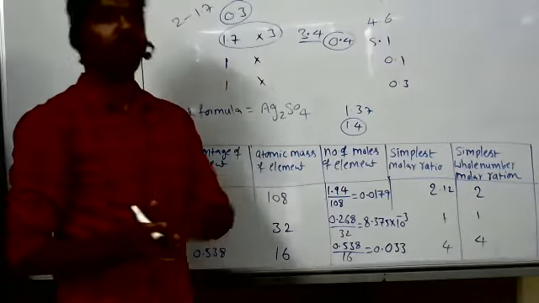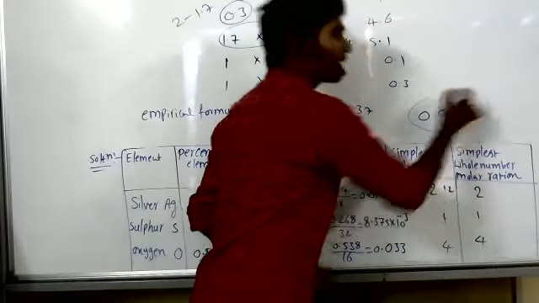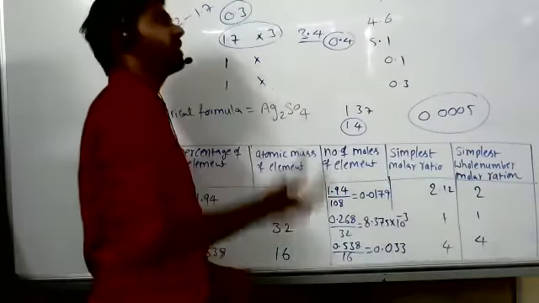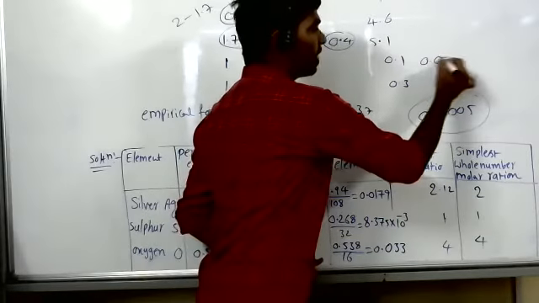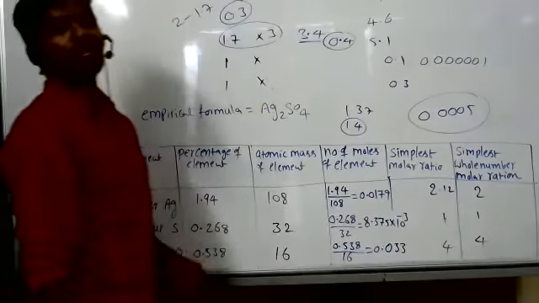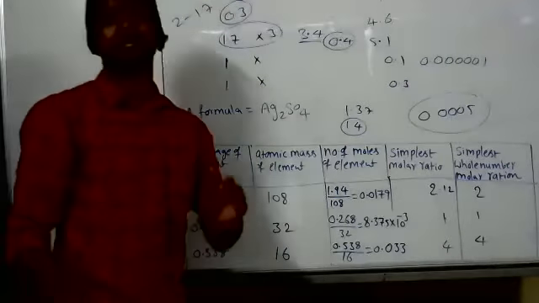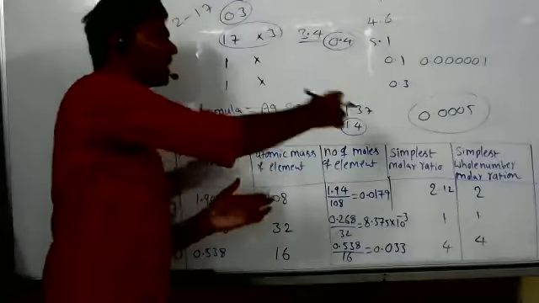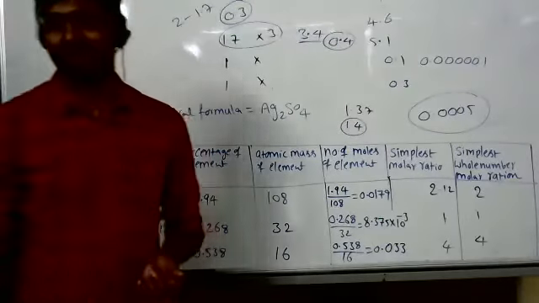But if you go for electrochemistry, 0 point after 3 zeros, 5 also we are considering. And when we studied these values in chemical equilibrium, even 0 after 5 zeros, 1 also we are considering. There we should not neglect. That's what I'm telling, it depends upon circumstances. Where we are applying these rounded values, based on the condition we have to consider.